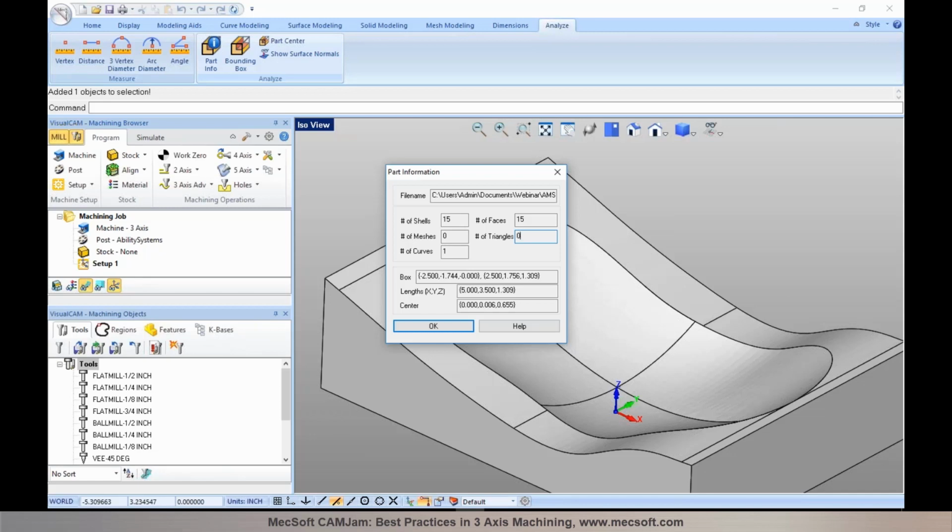The mesh could be made up of several thousands of triangles or millions of triangles. So this basically represents the number of triangles in a given mesh, and you can have one or more mesh geometry in a given file. Number of curves actually represents your 2D or 3D wireframe geometries, curves in the model itself. In this particular part I loaded, it has one curve geometry, and then we have about 15 surfaces or faces, as